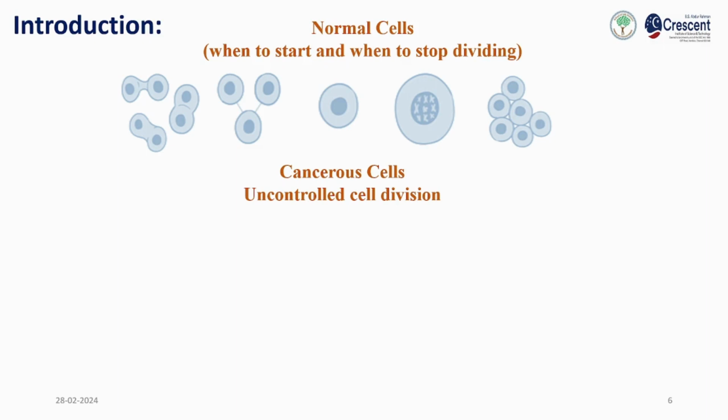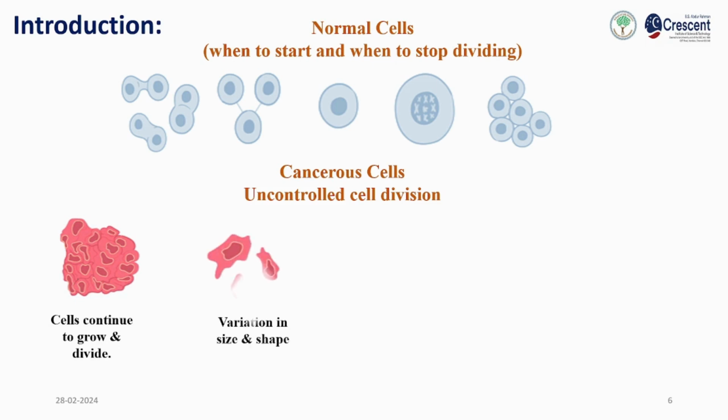Let me just compare the normal cell and the cancer cell. The normal cell knows when to start dividing and when to stop. Upon getting the appropriate stimulation, these cells will start dividing, and on getting the stop signal, they will stop dividing. However, the cancer cell has uncontrolled cell division, so the cells will continue to grow and divide, and